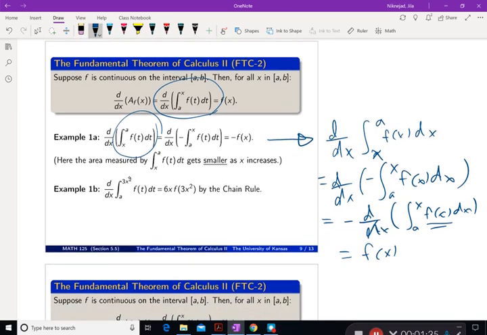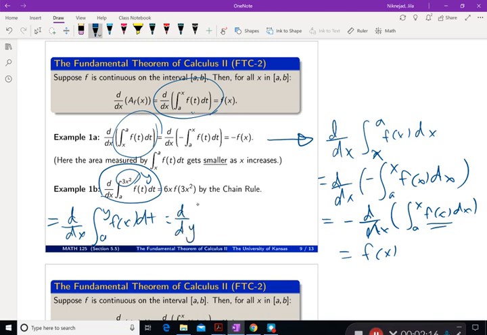Now, how about this situation? What do I do with this? Now I compare with that one, and I see that instead of x, I have this expression, which is a function of x. So in this situation, I assume that is y, and I write it as d/dx of the integral from a to y of f of t dt, which in this case it's going to be d/dy of the